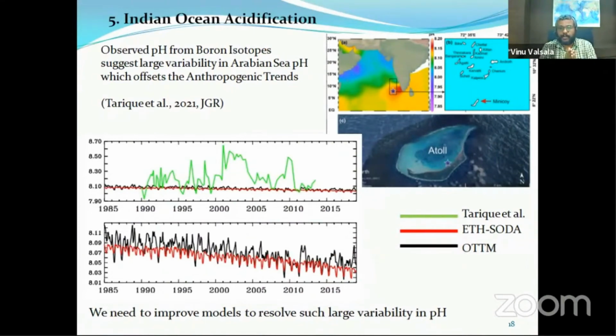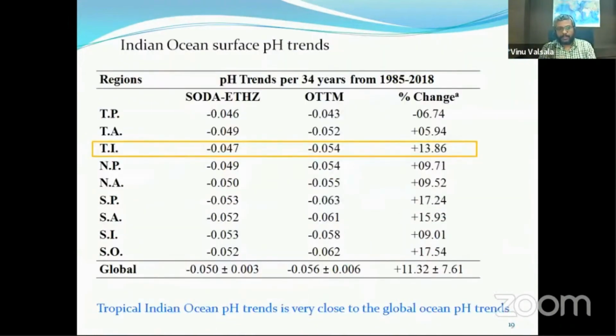This is perhaps one of the first longest time series of pH available for the Indian Ocean from this very interesting paper. So when we compare, our models are not performing well. So we need to improve. That's our future perspective. Now, from the existing estimate, the tropical Indian Ocean trend in acidification from our own modeling efforts says roughly 0.054 pH units in the last 34